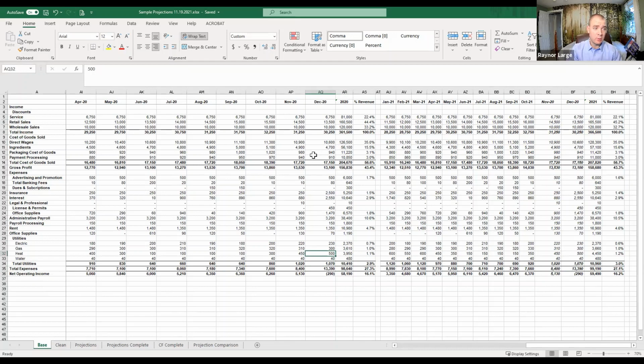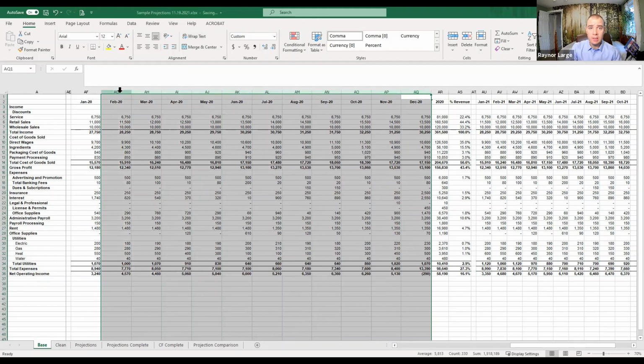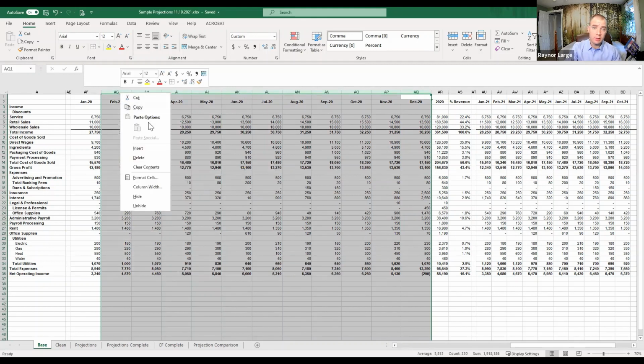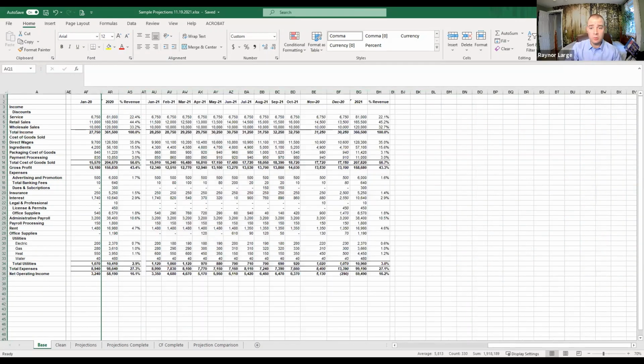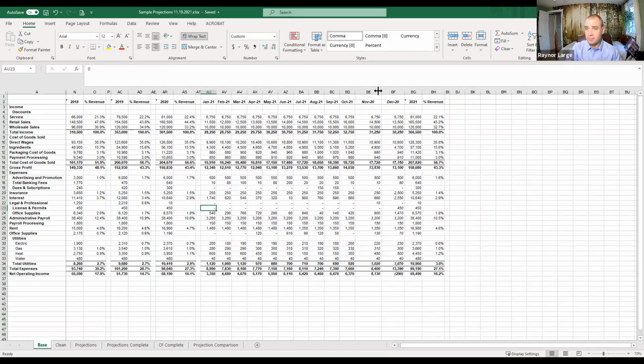Yep. So, one of the questions just popped in: how to hide months and get rid of raw data. So again, to hide months, what you do is you click on the alphabet associated with the column, and you can click and drag to do multiple. And if you right click on those columns, you can cut, you can copy, but all I want to do is hide. I want to keep the information there so that the equations still work and the references work. And I can look if I need to, but it allows me to kind of ignore it for a period of time. Now, to get rid of the raw data, I am deleting that outright,